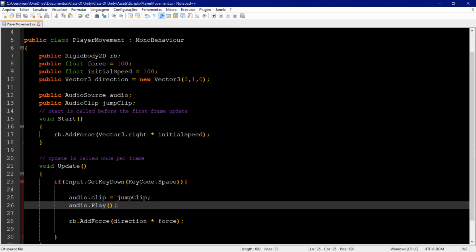The only difference is that the other effects are not going to be inside of player movement, they're going to be inside of player manager, but they are going to work in exactly the same way. We're going to have clips, we set the clip, and after this we play the sound. So I'm going to save this,